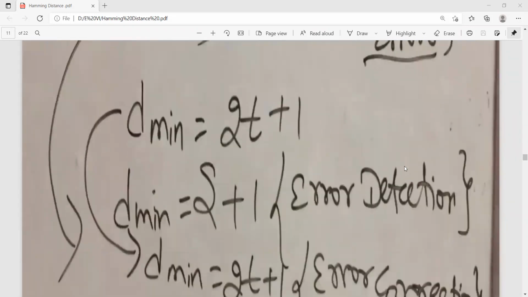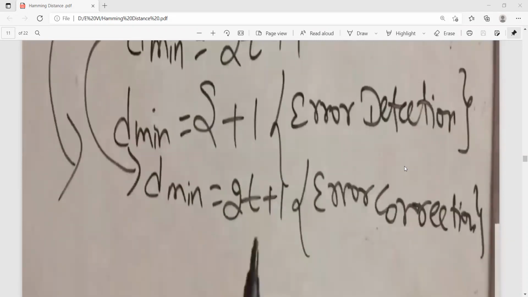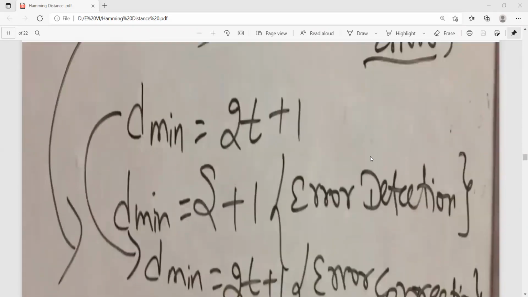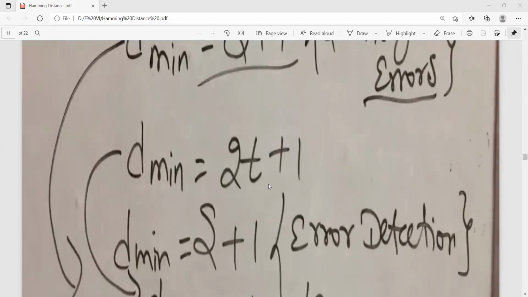Similarly, for the corrections, the correction term t, how many corrections are required, is linked with the minimum Hamming distance: D minimum is equal to 2t plus 1.